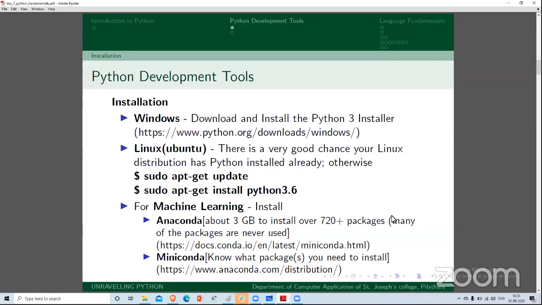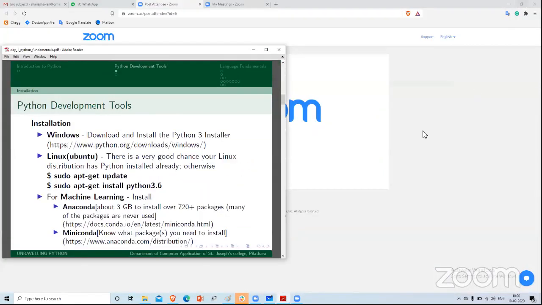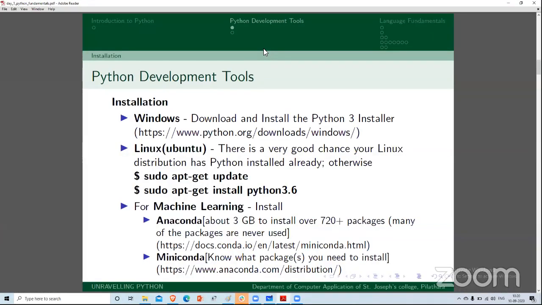Fine. So first, I will tell you how to set up the Python environment or Python platform in your computer systems. All of you may have installed the prerequisites, right? Did you install Anaconda? Yes. Okay, fine. Anaconda is actually a Python framework. If you need not go for that framework, we can simply install Python. I will show you how to install Python.